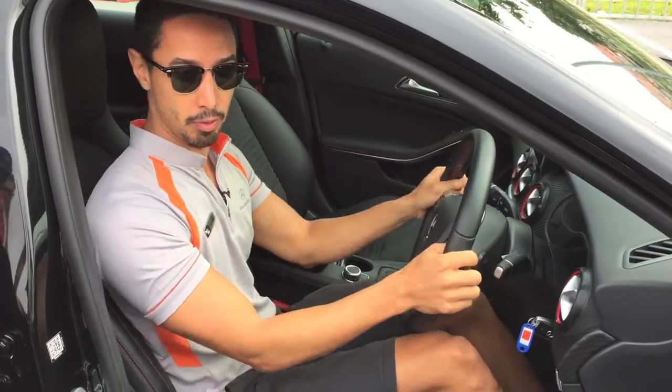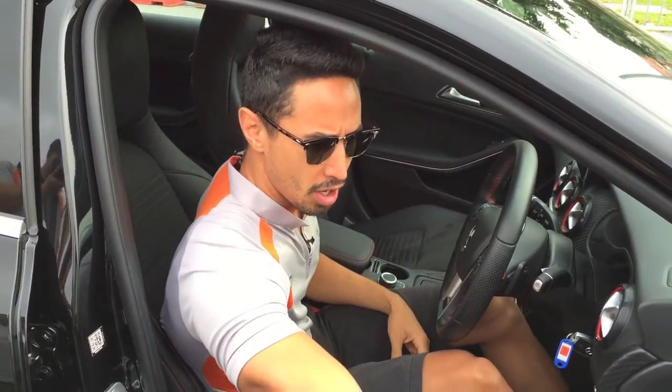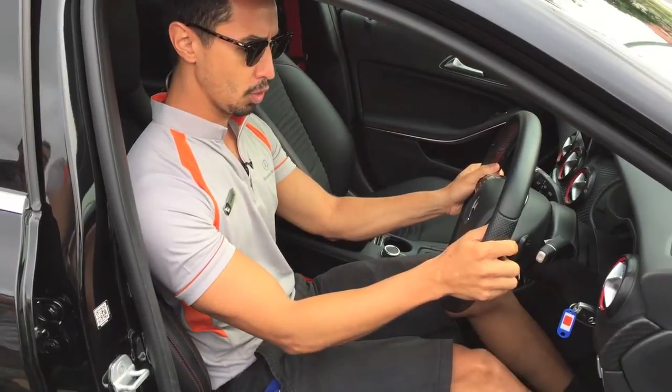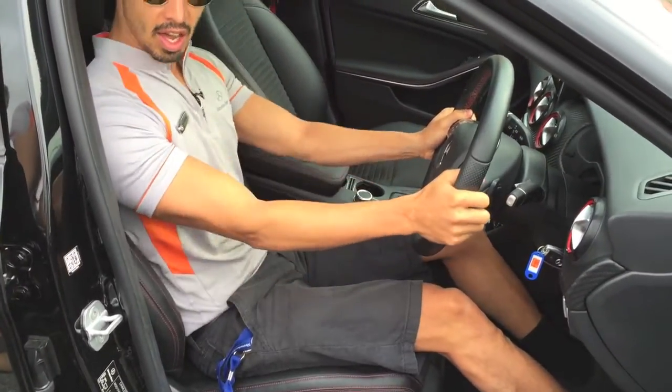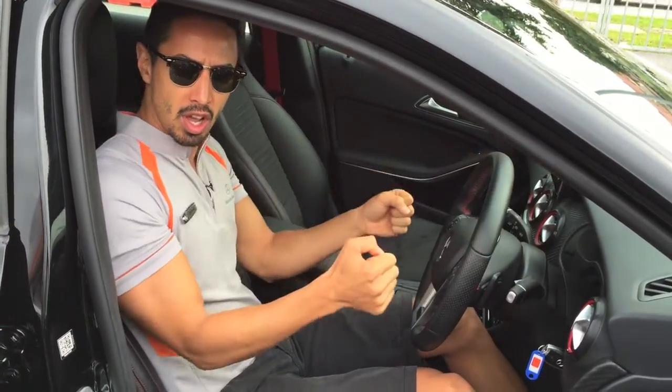Correct at all. If you look at even Formula One, they're always in a reasonable position. So, as a general guide, what I want you to do when you sit in the car, put your foot all the way on the brake. You should still have a slight bend in your leg. And the same thing goes for your arms. You should have a slight bend in your arms so your arms are not fully straight and you're not all